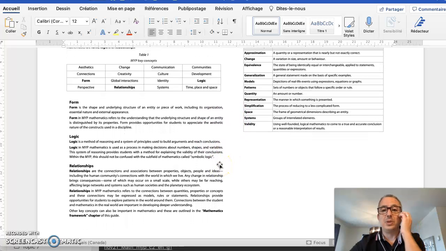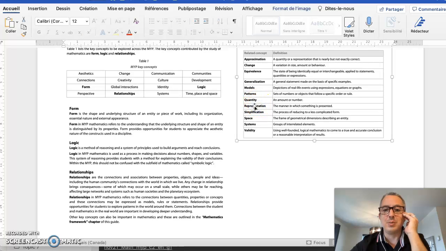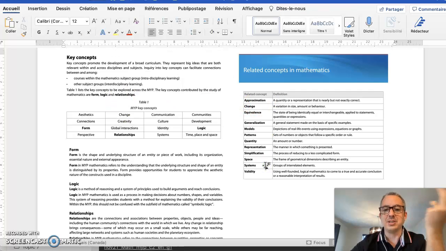So when some of you have posted things, I will be able to comment and perhaps suggest more statements of inquiry. Using the concepts can be done on a regular basis, because perhaps you can represent relationships between 2 quantities. So if I use representation, relationships, and quantity, I would have conceptual understanding. And then we can use models in order to find relationships by using logic. That would be another conceptual understanding. So there are many possibilities.